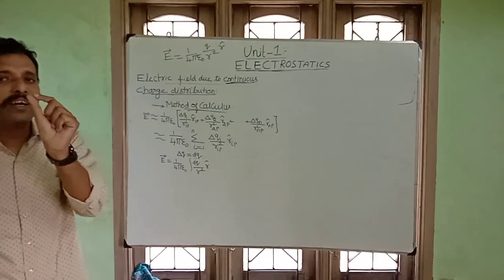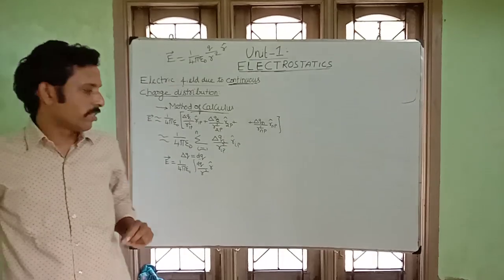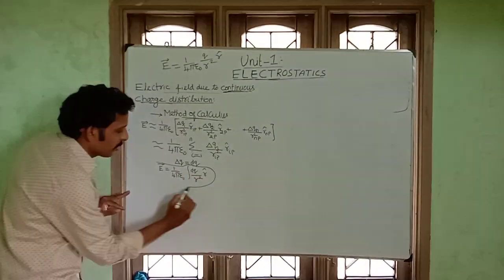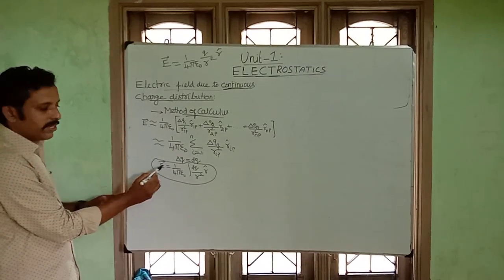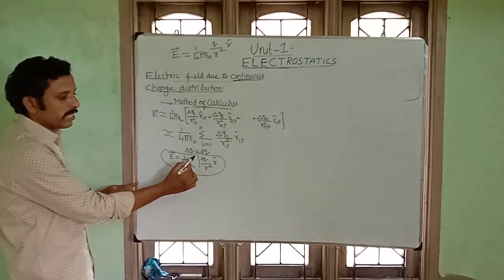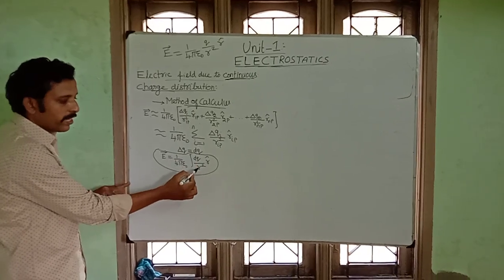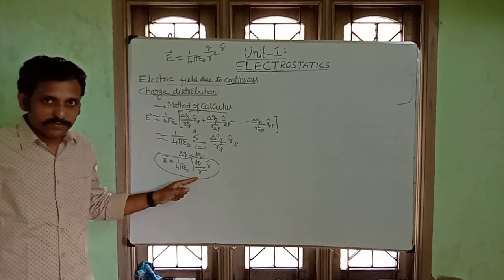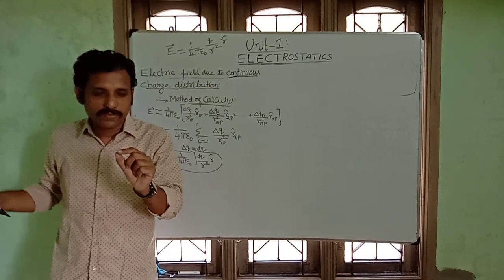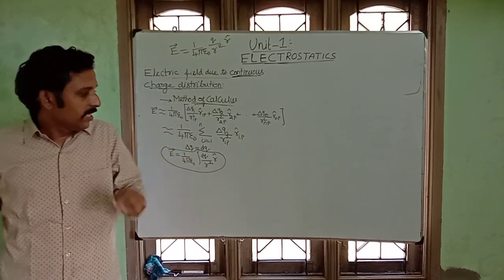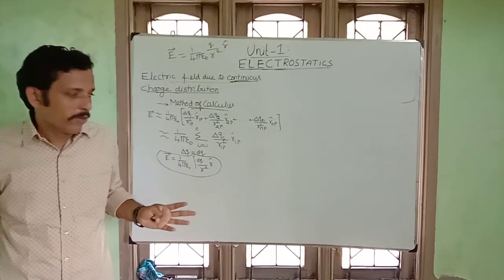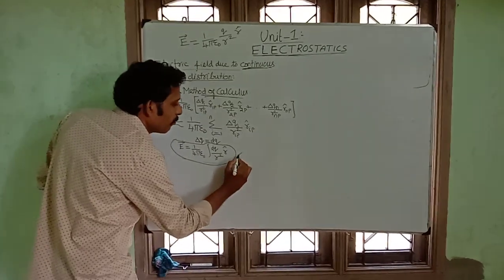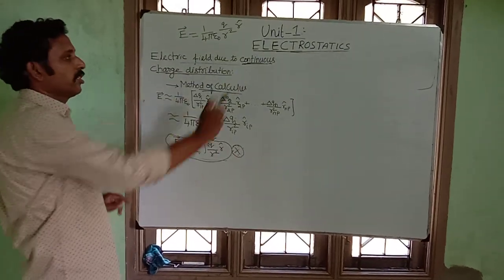dq is an infinitesimal, very small charge. For this I can write the expression. I told you to apply the integration method. E vector is equal to 1 by 4 pi epsilon naught integration dq by r square r cap. Previously we wrote q by r square for point charges, but in this overall charge distribution we have taken the charge as dq, the infinitesimal charge. Now this becomes the mother equation for the continuous charge distribution.